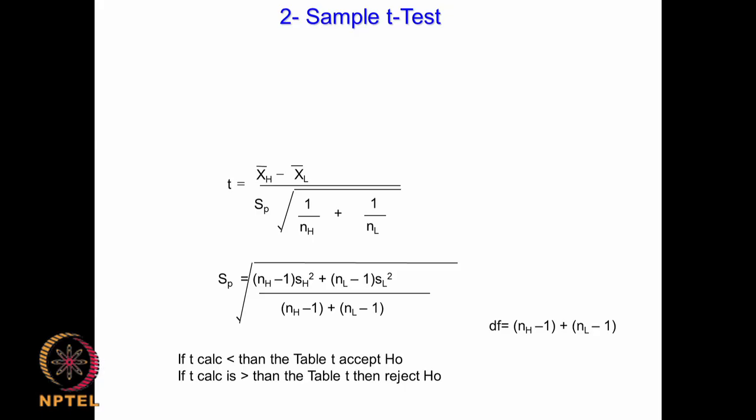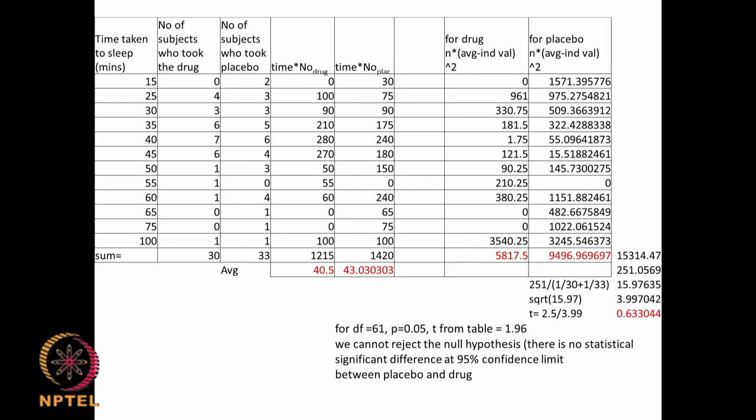So, your null hypothesis is mu A equal to mu B, if I call A my drug and B my placebo, and the alternate hypothesis is mu A is less than mu B. So, how do we calculate each of these? It is quite simple. Let me first talk about the averages, how do you calculate averages. What do you do? 15 into 0, 25 into 4, like that you keep on doing it. Then you sum it up and then divide by 30,